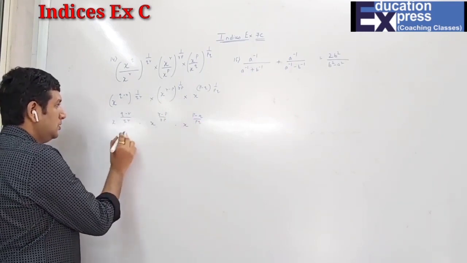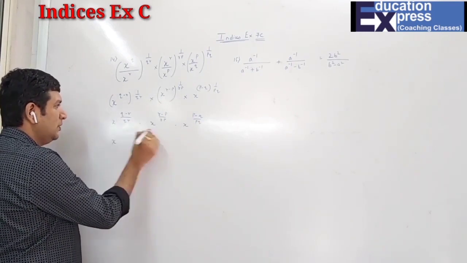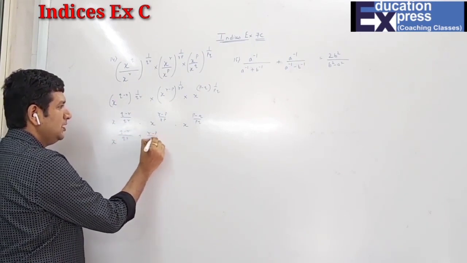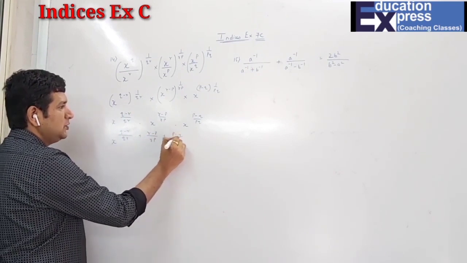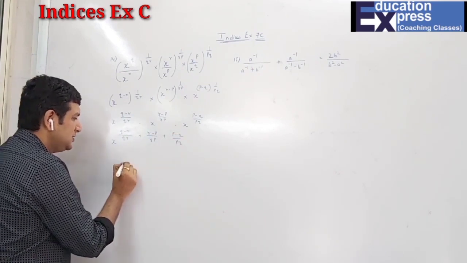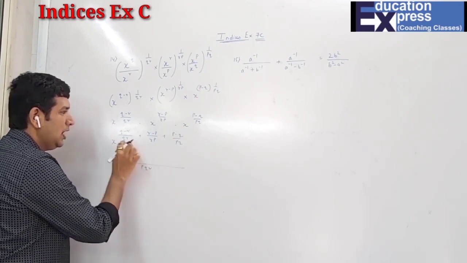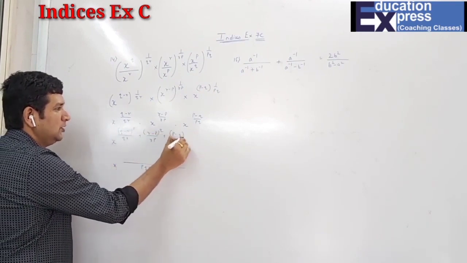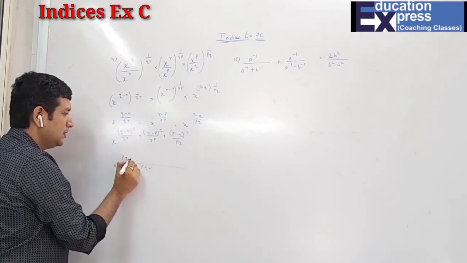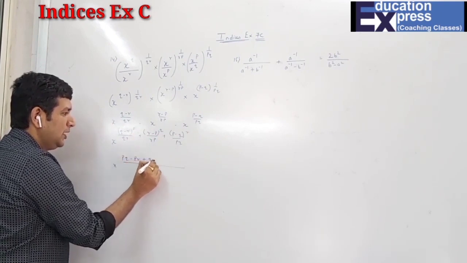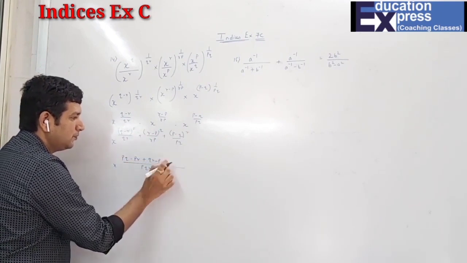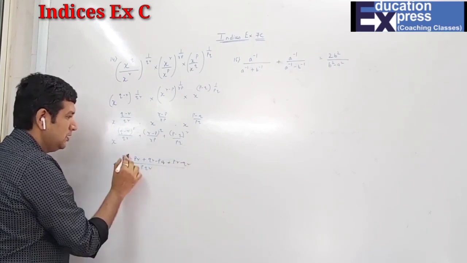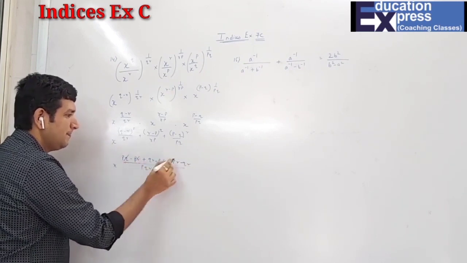So now here you can see if I take x as a common base, I get (q−r)/qr + (r−p)/rp + (p−q)/pq. If I take the LCM, I get pqr. So now here what is not there? P. Here what is not there? Q. Here what is not there? R. So pq − pr, qr − pq plus pr − qr. pq, pr and qr.